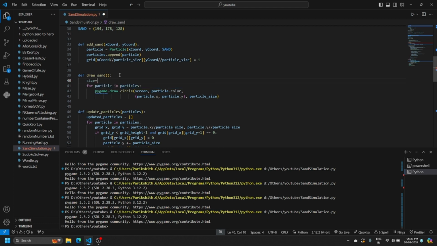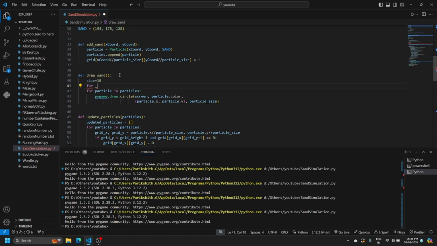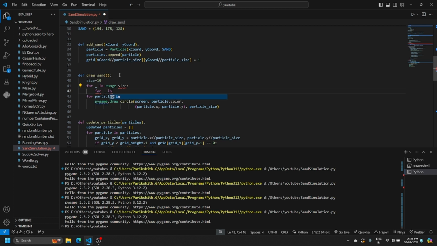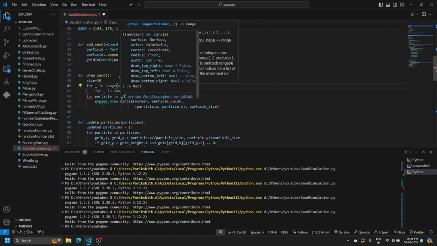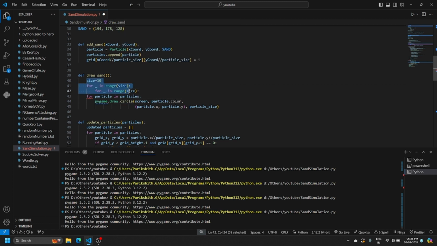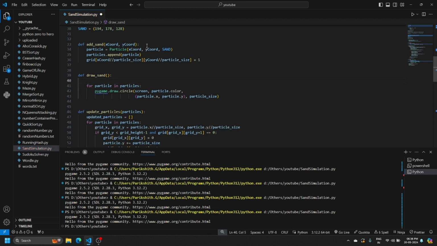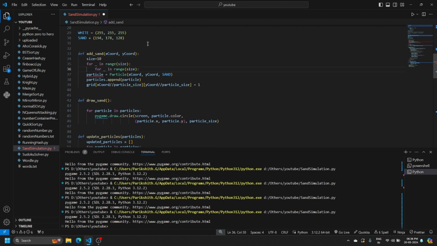So for size, we'll draw 10 pixel by 10 pixel completely with sand. We want to draw 10 pixel by 10 pixel of sand. So we'll iterate through our sands loop, not the draw sand loop. You should not mess with this over here because we have to actually add the sand. So for this one in range X, and for the other in range Y,